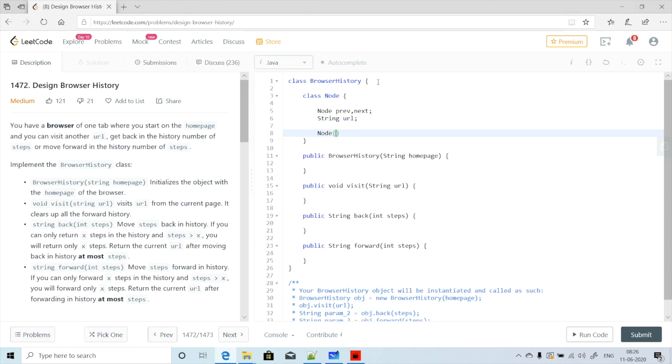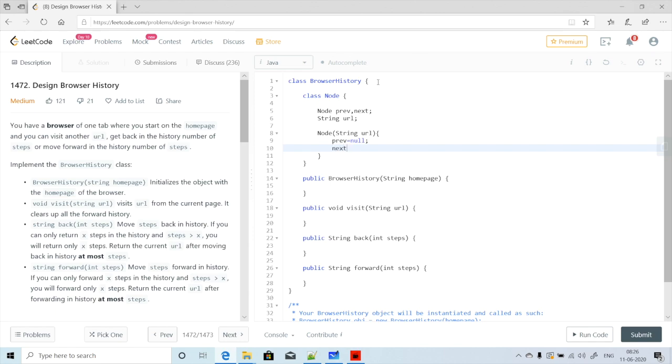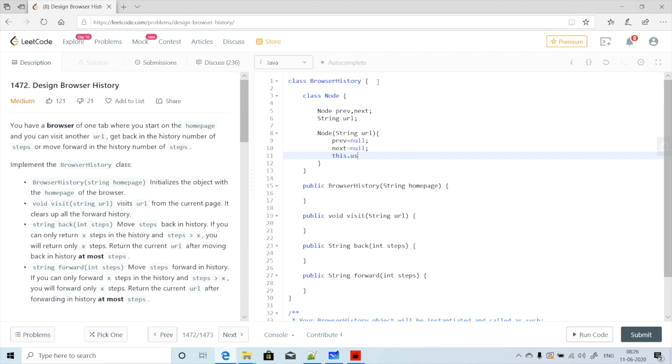And in the node constructor, when we call a node with a string URL, at that time we would like previous and next to be initialized with null, and this.url is equal to url. Okay, so our node class is ready, because we want to create a doubly linked list. So we'll first define it in that way.